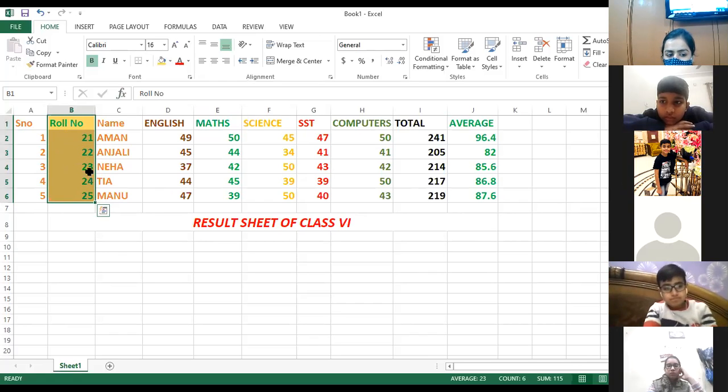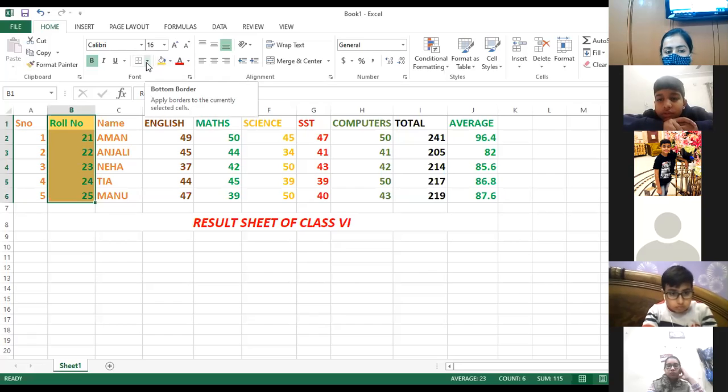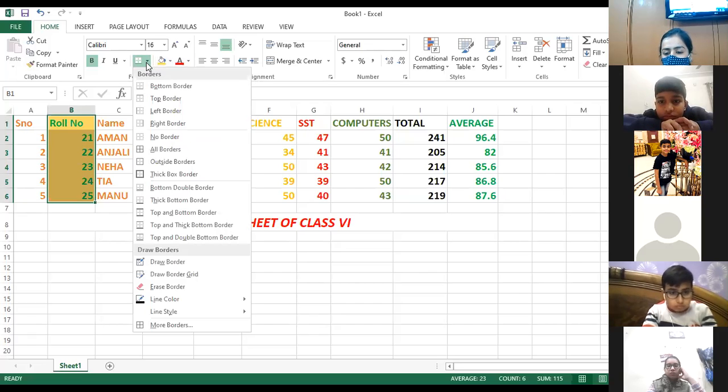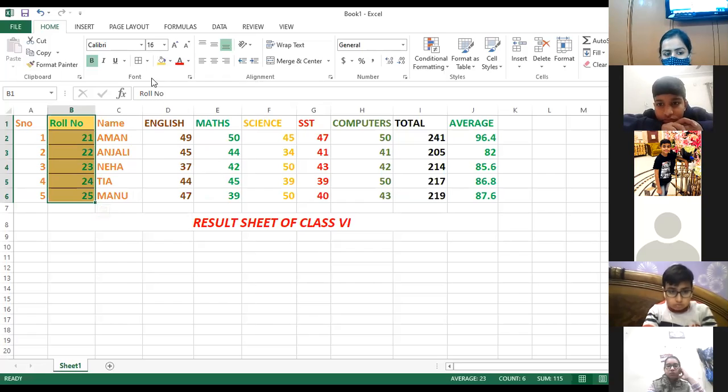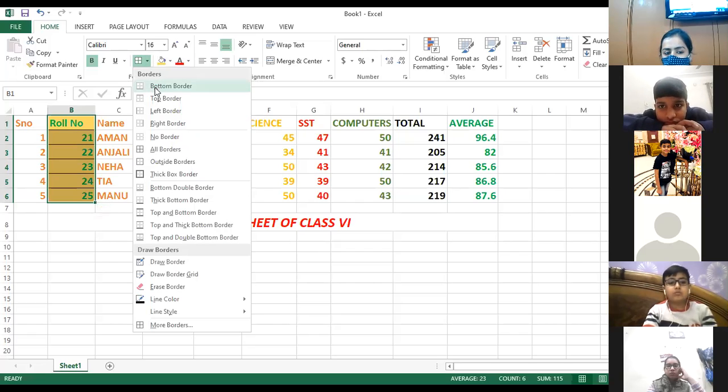You can make it in this way also. And if you want to apply the borders, in the font group you have the borders option. Here you can click on all borders. Click on all borders, and the border of every cell will appear.